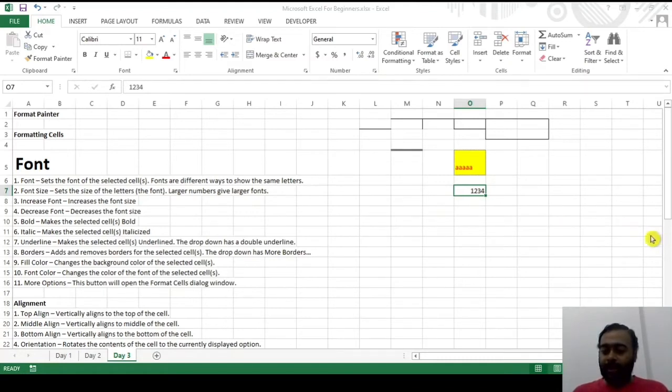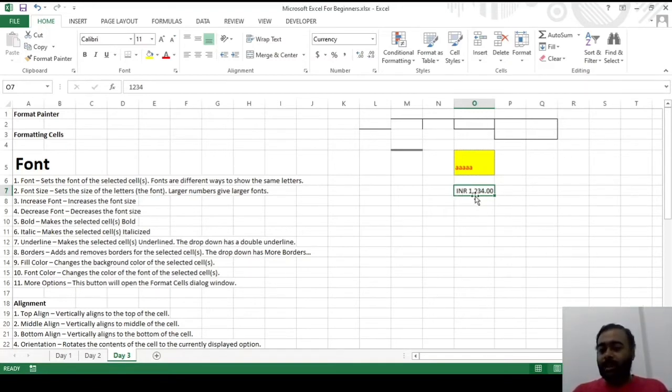Let me try if there is a relevant symbol, and I'll accordingly put that symbol for you. So I've searched INR, Indian rupees. I just click OK. As you can see, it is changed to currency mode. So INR and this particular amount has come. There are two decimals also in the format.